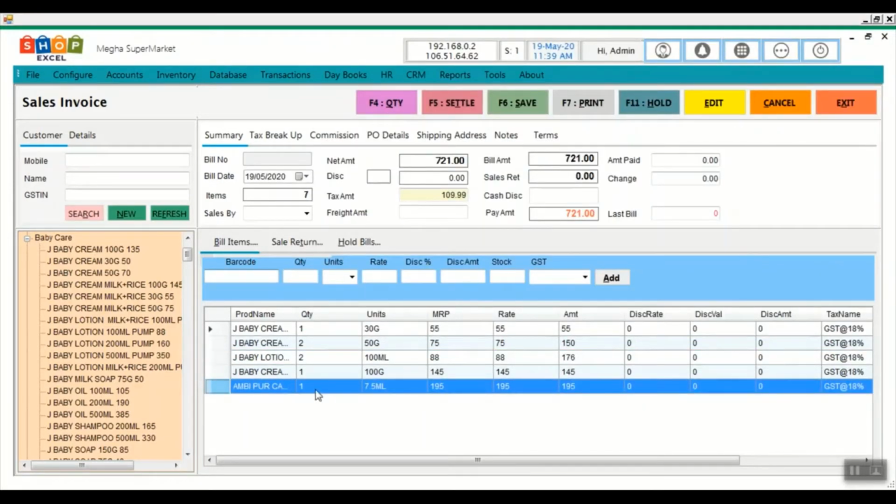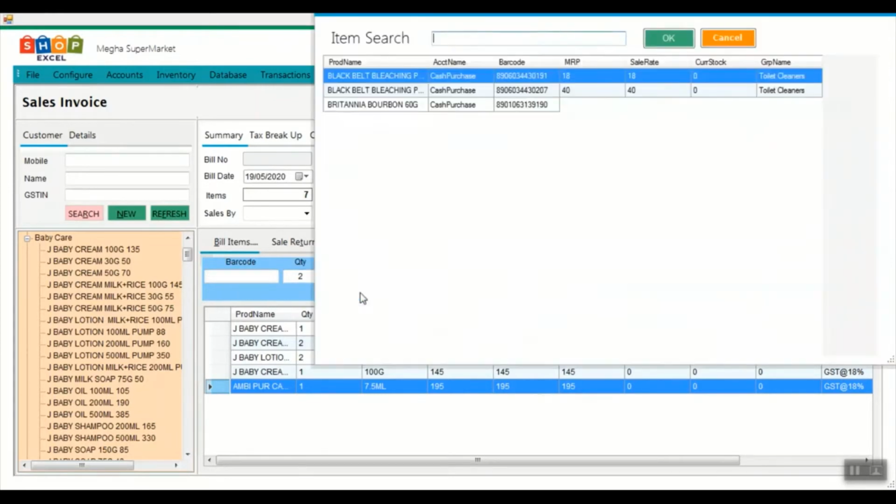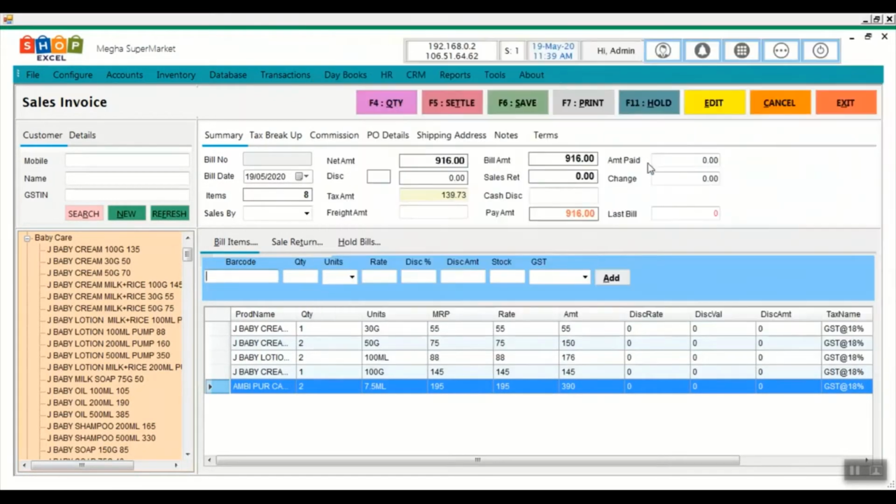If you want to change the quantity, just double click on the item. I'm updating S2. Click on update. Then automatically for that item quantity will get updated. Even you can add a discount percentage for that particular item. You can add discount, overall discount percentage over here.